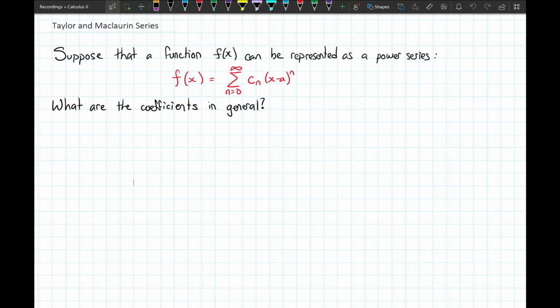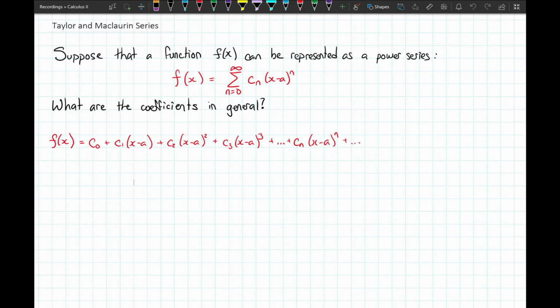To be able to conveniently come up with this power series, let's see if we can come up with a formula for the coefficients in general. Now there's a nice convenient way to at least solve for the first coefficient, c0. If we first start out by expanding the series into its first several terms, c0 plus c1 times x minus a plus c2 times x minus a squared and so on,